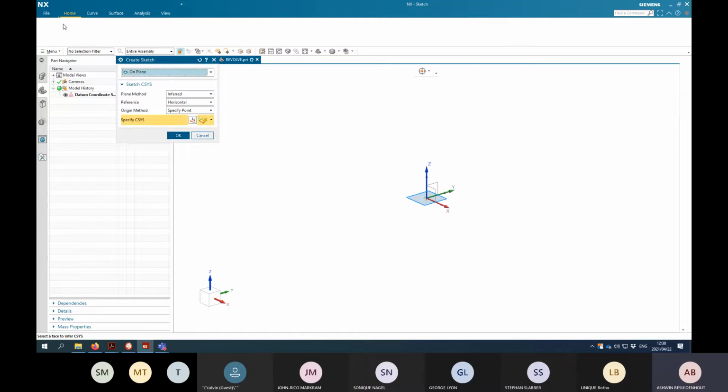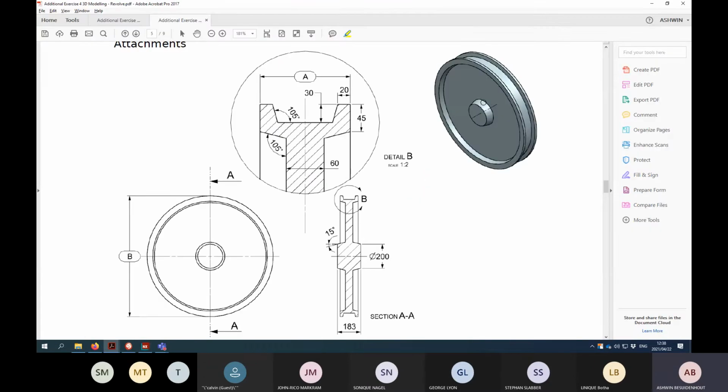So I'm just going to create a sketch and have a look at my orientation. If you look at this, this will be your front view typically, right? And that will be your right view. So when I draw the sketch, again, that's the front view, that will be the right view as seen from this side. So I'm just going to draw this top half of the right view, right? Because that's where all my detail is. If I draw this circle here in the front view,